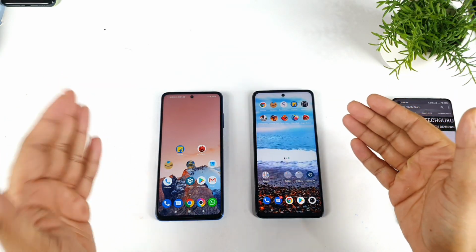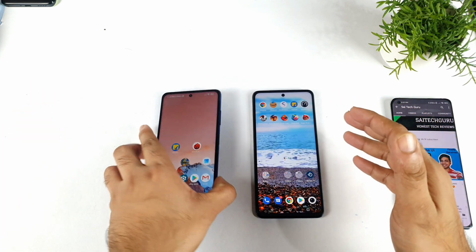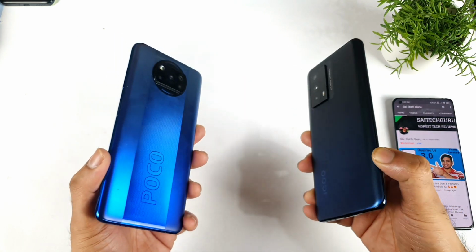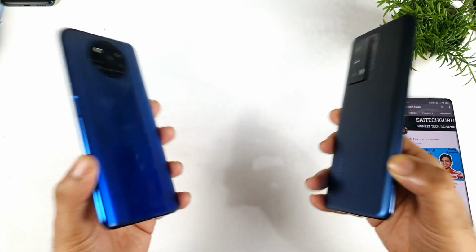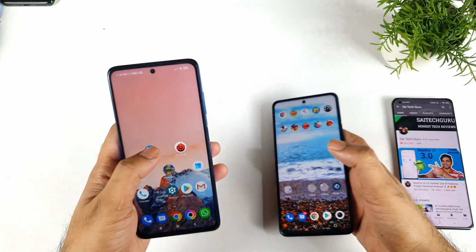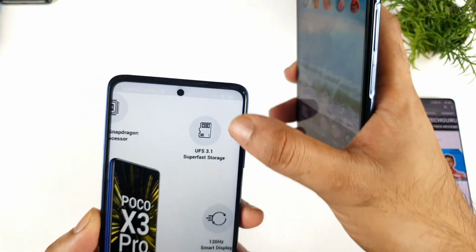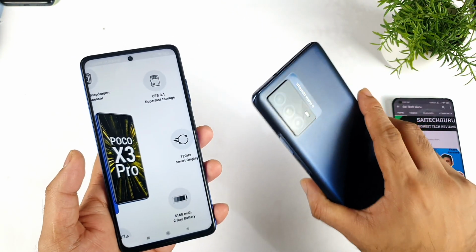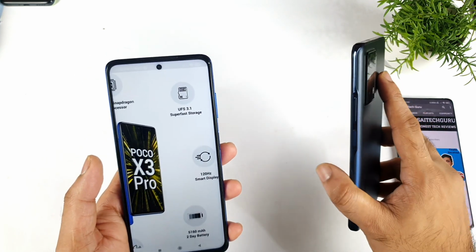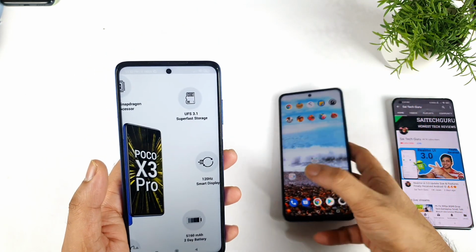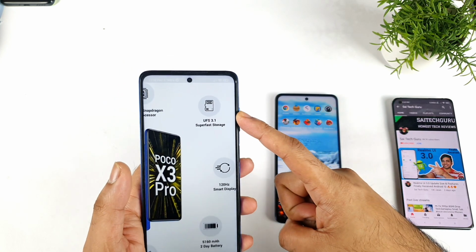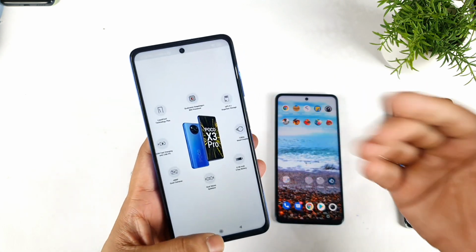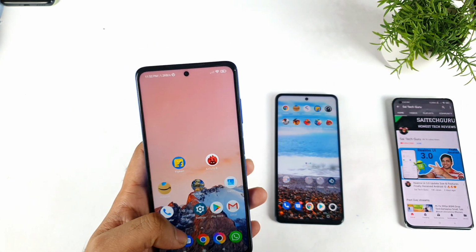In this video, I'm going to compare the UFS Storage 3.1 read and write speeds between the POCO X3 Pro and the iQOO Z5. This is a question requested by a few of my subscribers, asking me to compare both phones side by side. Both phones have UFS Storage 3.1, exactly. The POCO X3 Pro has UFS Storage 3.1, and the iQOO Z5 has the enhanced version of 3.1 UFS storage, which is slightly better. So, the old generation UFS storage 3.1 versus the latest generation UFS storage 3.1, let's see how much difference we can actually expect in the read and write speeds. That's what I'm going to demonstrate in this video.